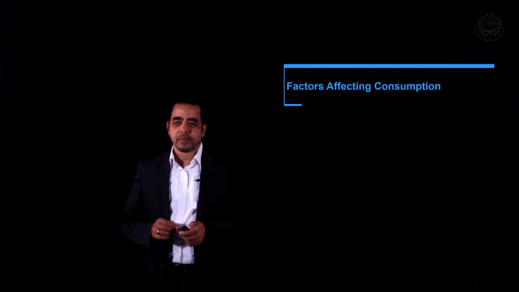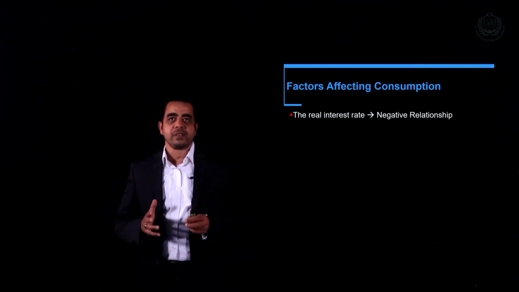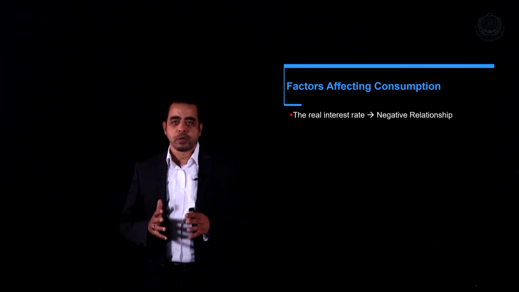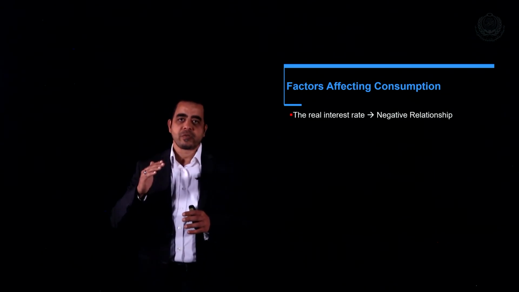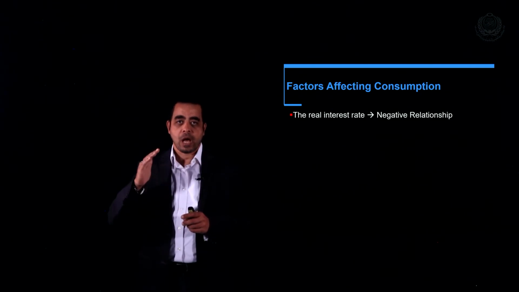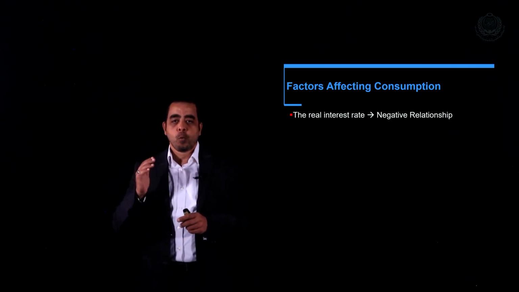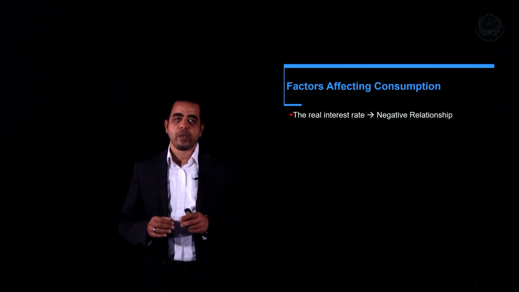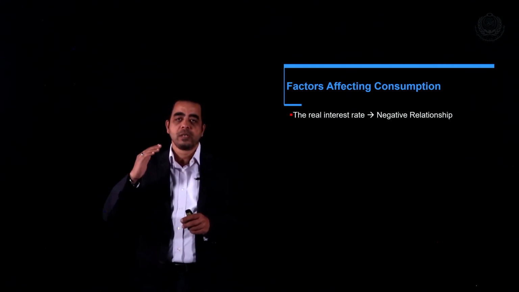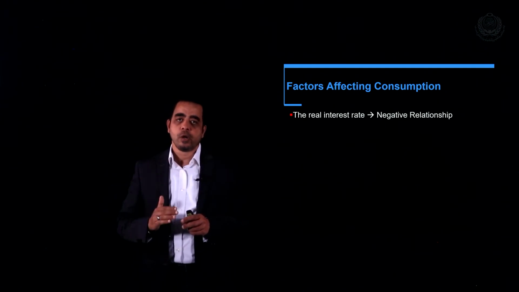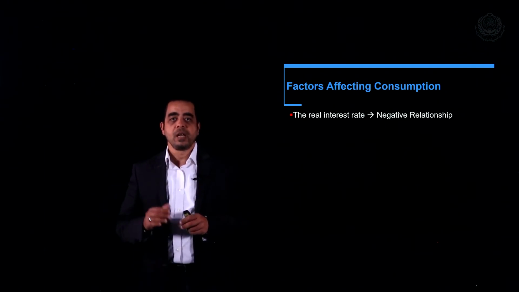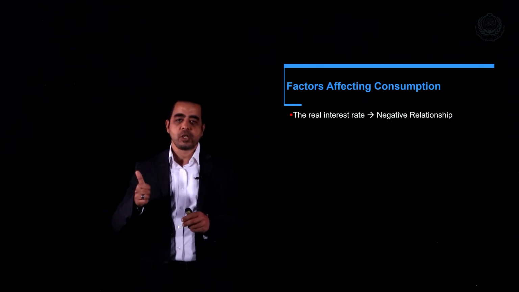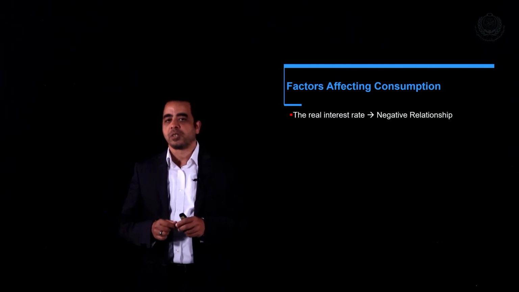Now let us summarize. The real interest rate has a negative relationship with the consumption function. Higher real interest rate means lower consumption, higher savings. Wealth has a positive relationship with consumption. The higher your wealth, the higher your consumption, the lower is your savings. Expected future inflation, if we are expecting higher inflation in the future, or higher income, has a positive relationship with the